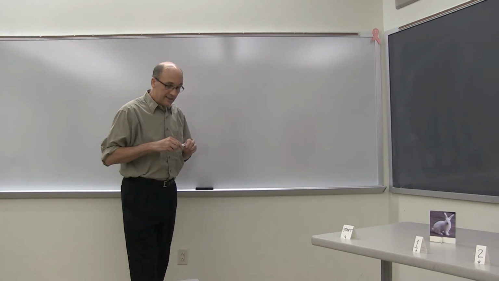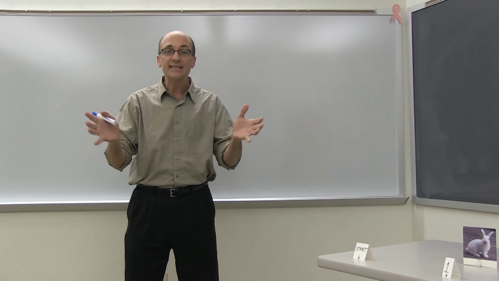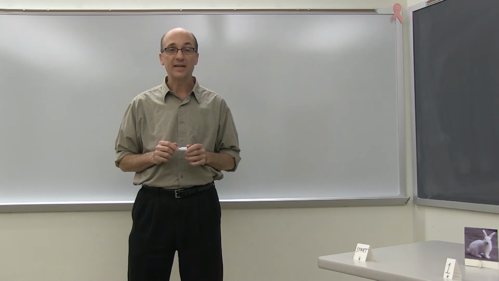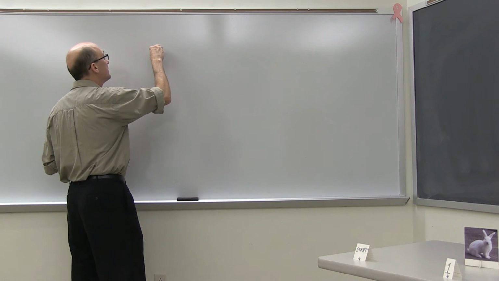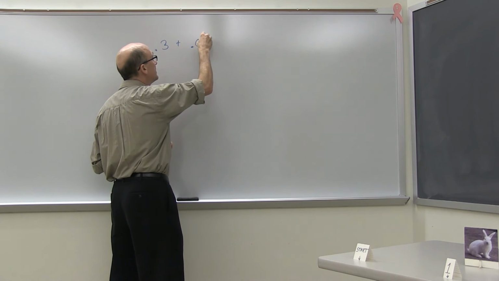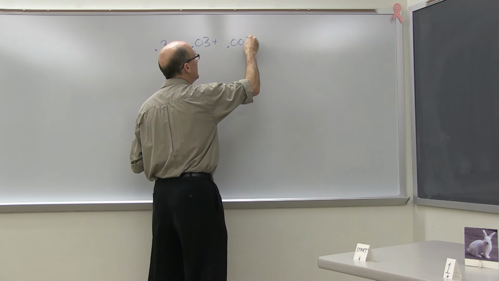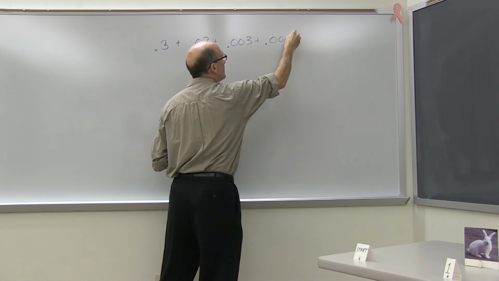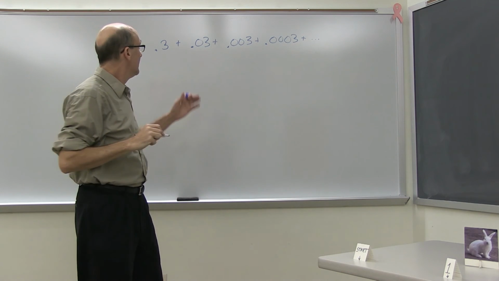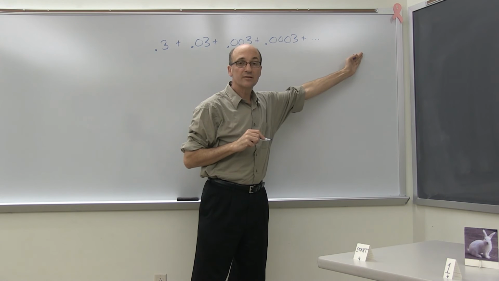Zeno's flaw is the statement that an infinite number of positive quantities added together must be infinity. That is not true. And here's an example. We'll start with the number 0.3. To that we will add 0.03. To that we will add 0.003. And then 0.0003, ... means continue forever. Every single one of these numbers I've written down, you can see the pattern goes on forever,